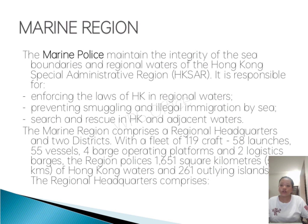The Marine Region comprises a regional headquarters and 2 districts, with a fleet of 119 craft: 58 launches, 55 vessels, 4 barge operating platforms, and 2 logistic barges. The region polices 1,651 square kilometers of Hong Kong waters and 261 outlying islands. The regional headquarters comprises